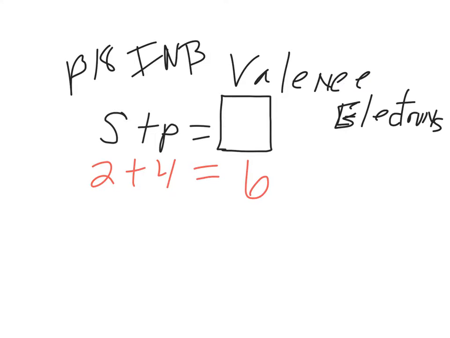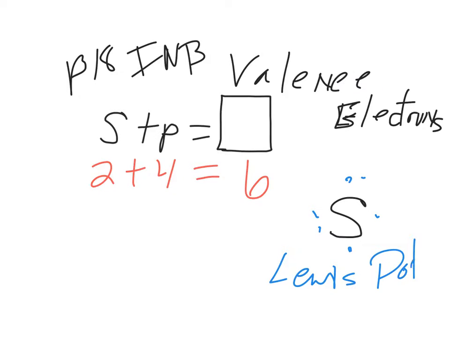So sulfur is going to have 6 electrons, so you have 1, 2, 3, 4, 5, 6. This is your Lewis dot structure. Okay, we see that? Those are going to be the electrons that can bond or not bond if they're already